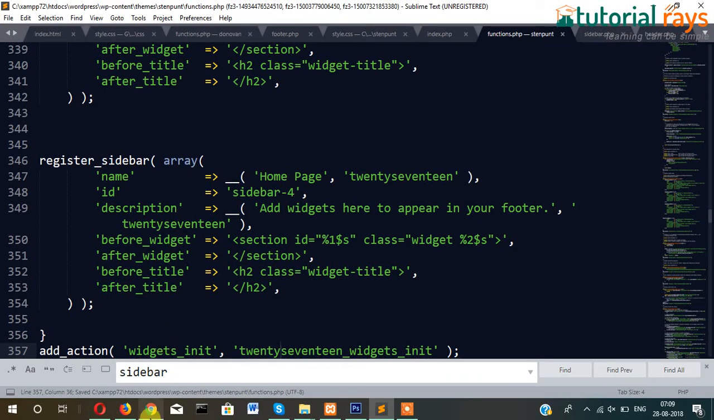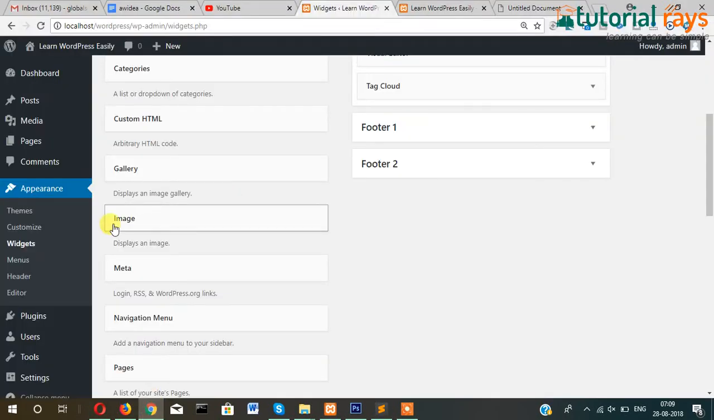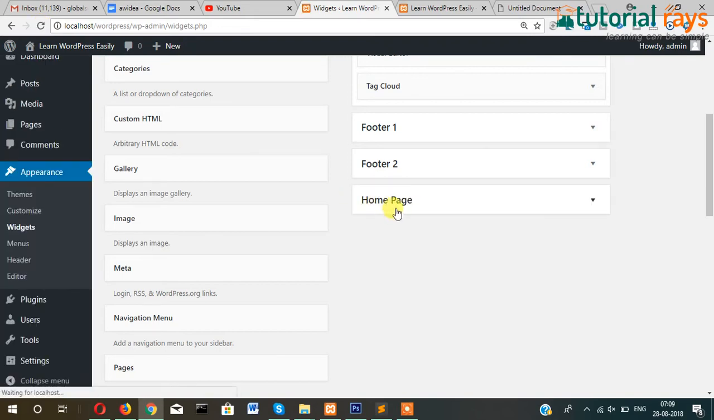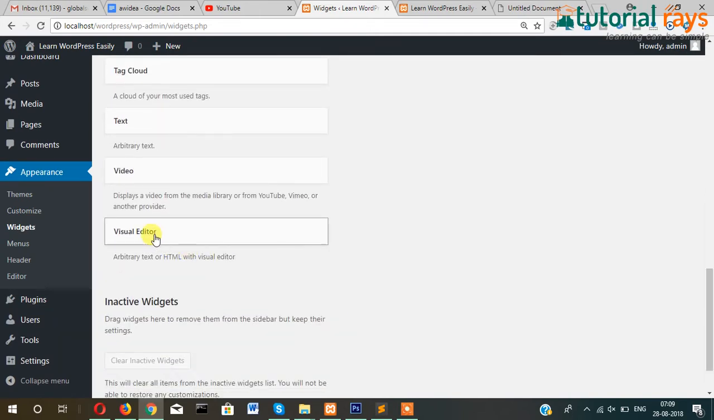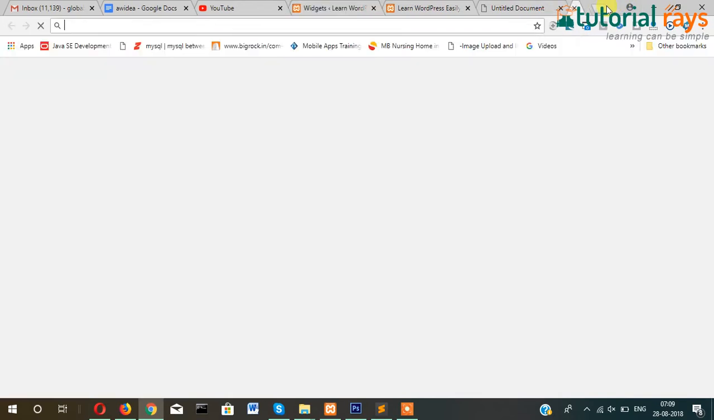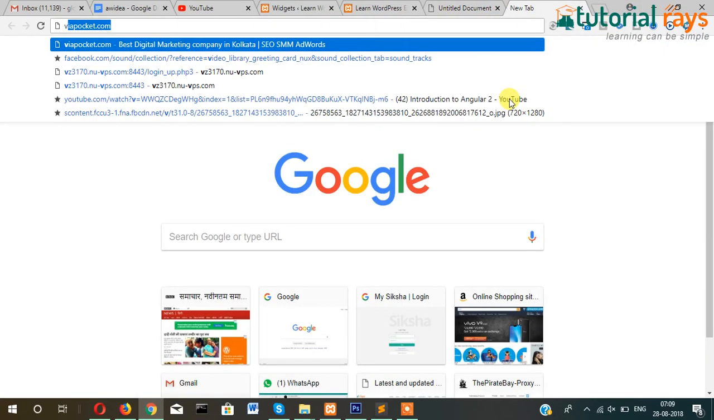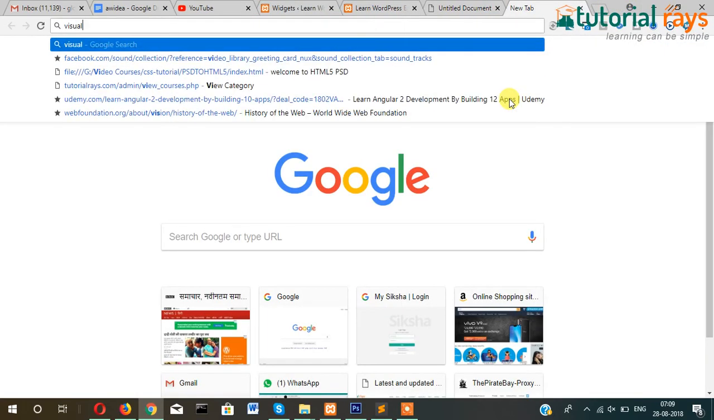Okay, after doing this, just refresh the page and you can see here home page. Now just drag this visual editor. Remember, this visual editor is actually not in WordPress by default. You will have to install it. This is actually a plugin. So if you want to install this visual editor,